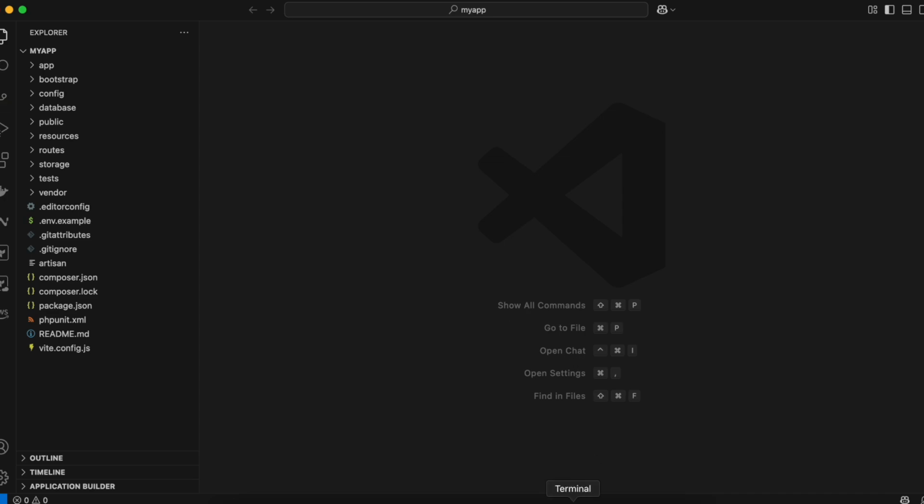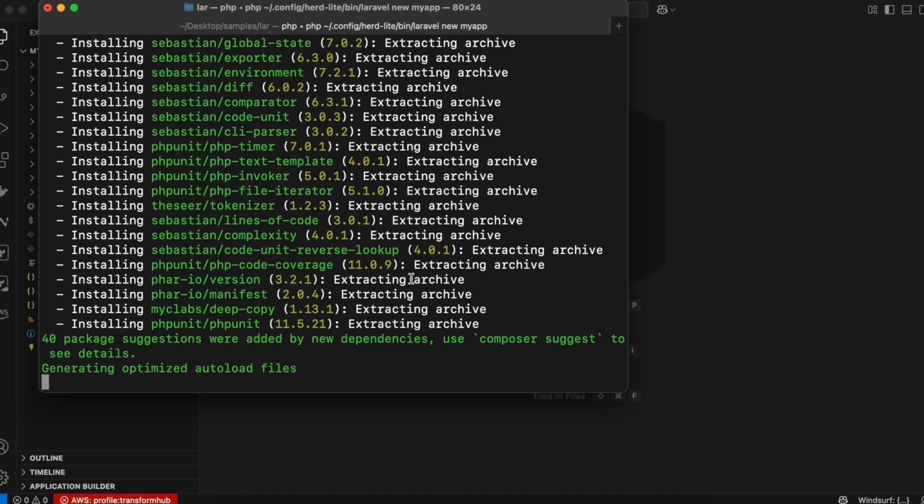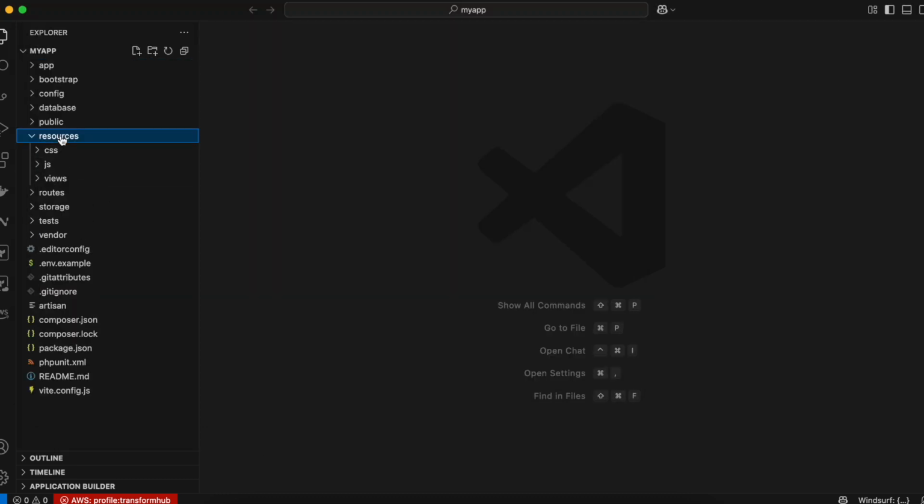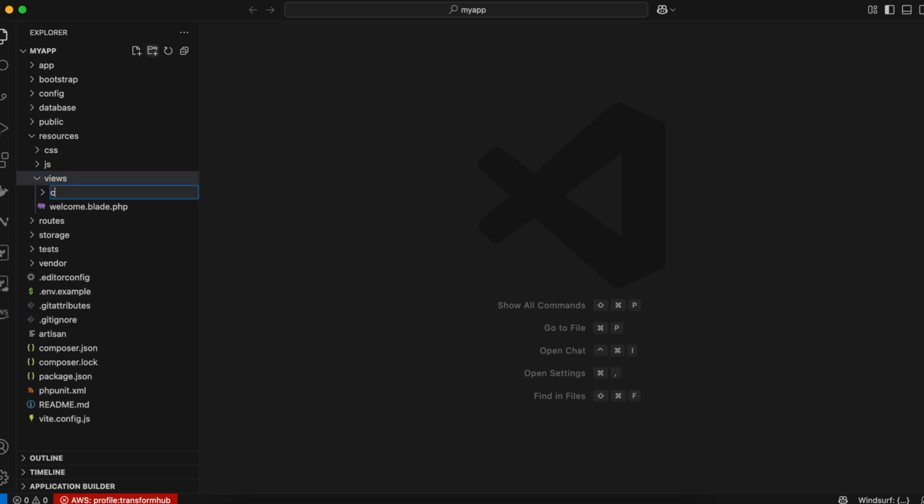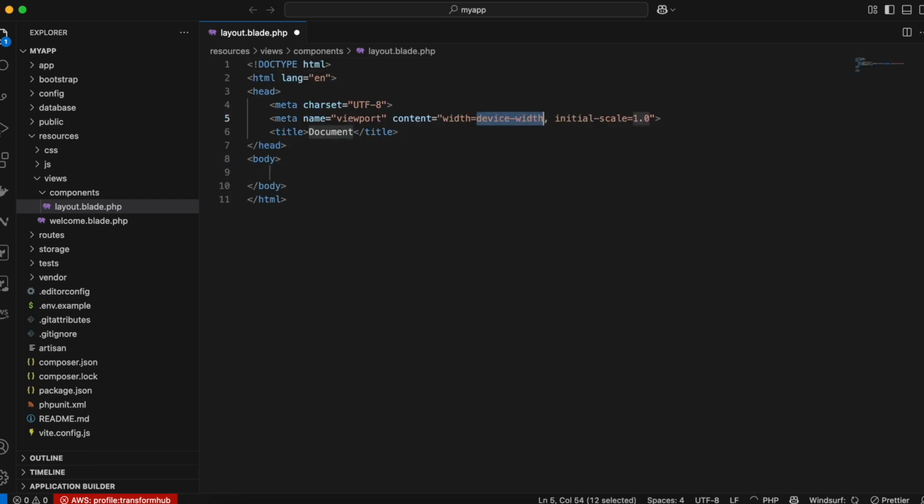Now this is still installing, so let it install. First what we need to do is go to resources, views, and here we'll create a folder, let's say components, and inside that we'll create a file called layout.blade.php. Inside that I can just write this HTML5 syntax. So yeah, this is fine. Then inside this body I'll create this main tag, and here I'll add a slot so that I can use it whenever I feel like inside my other components,